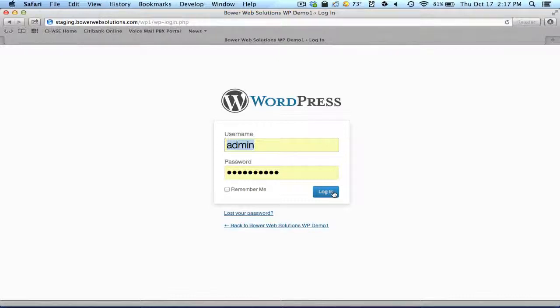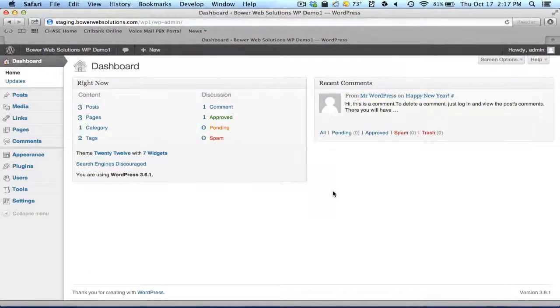And you would log in to the site by putting in your username and password. And assuming that you do have a username and password that has administrative rights, you'll be able to add a post. So how can we add a post? Well, it's one of two ways. I can either A, go up here to the dark gray bar, the login bar, to that little plus symbol, and then I could say new and post,